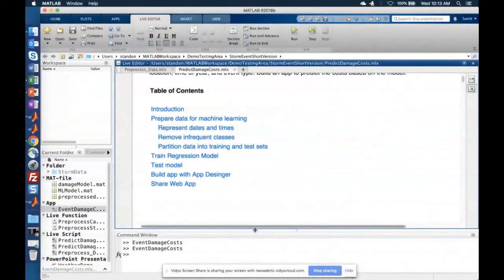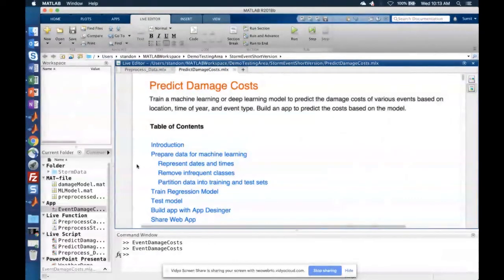So with this, I'm going to take a deep dive into how you can do the whole thing, create a mathematical model and an app like this in MATLAB. And please feel free to share your questions in the chat window, and I will try to address as many of them as possible at the end. So let's get started here.